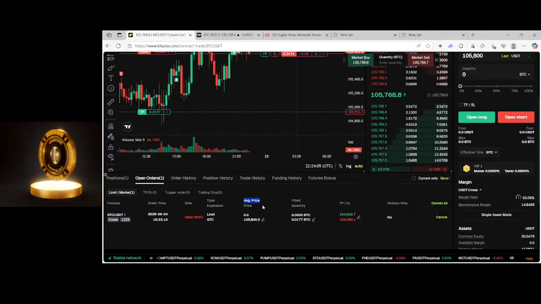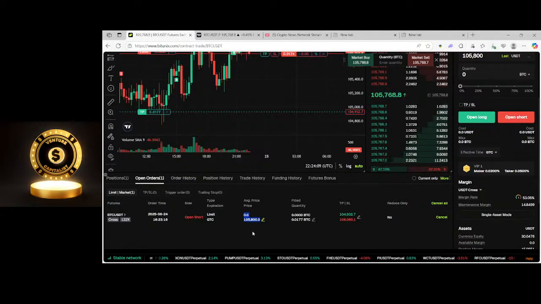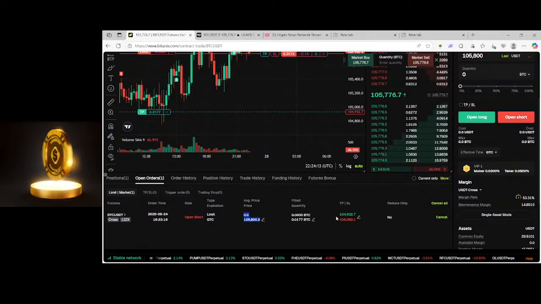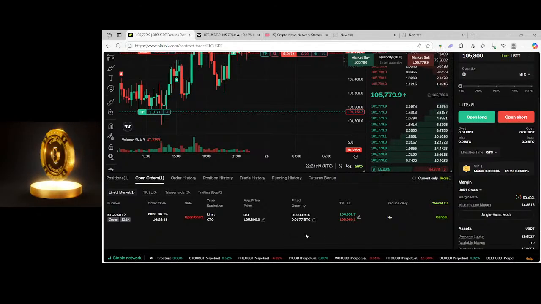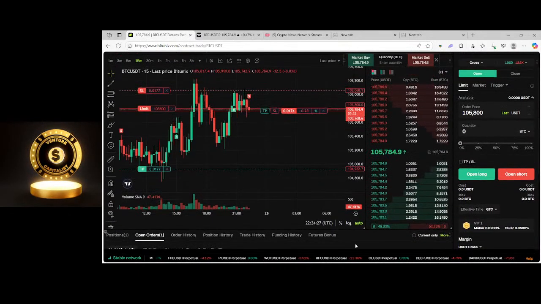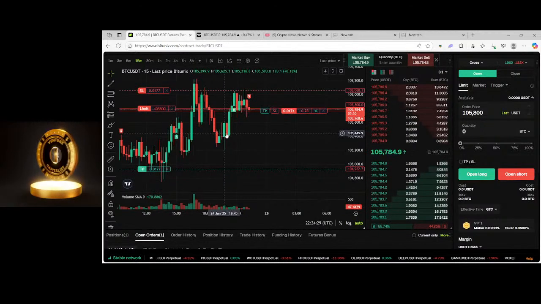It's going to always tell you what your price is. 105,800 is my average price. That's going to be the short that I want to open. My take profit would be 104,932, and my stop loss would be 106,601. And I can always edit that as well. But that last one is waiting for the price to go back up to 105,800 to trigger the entry, which